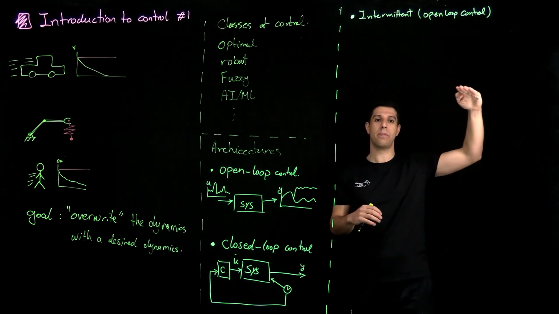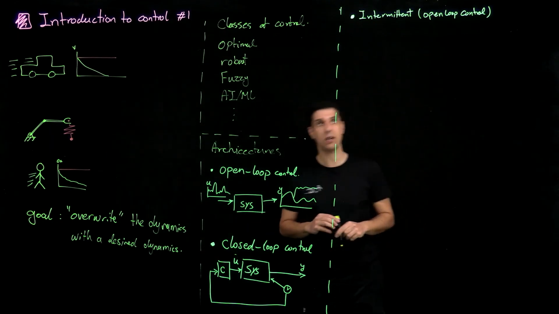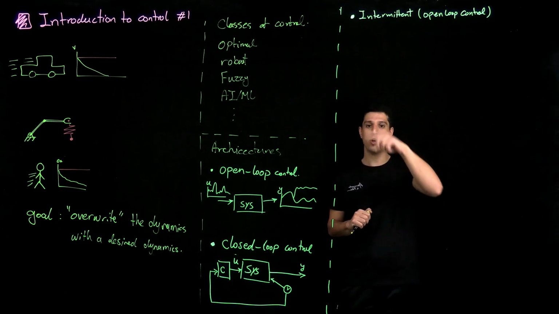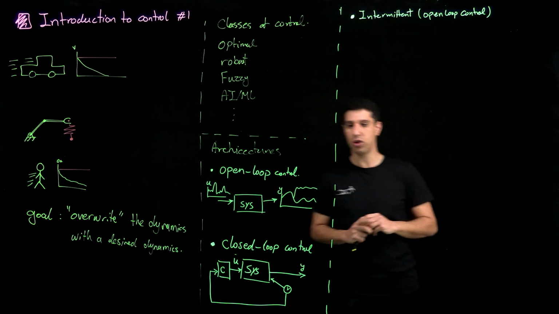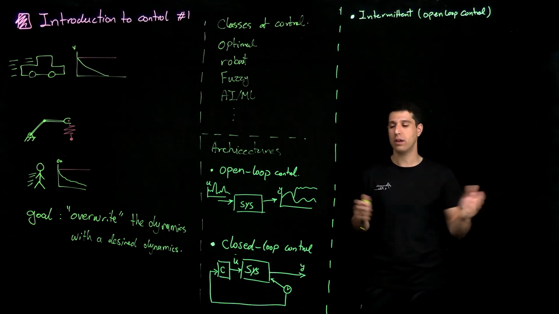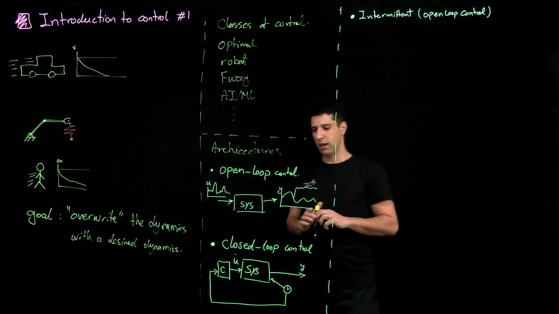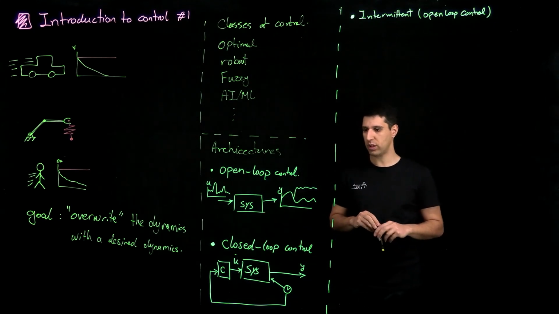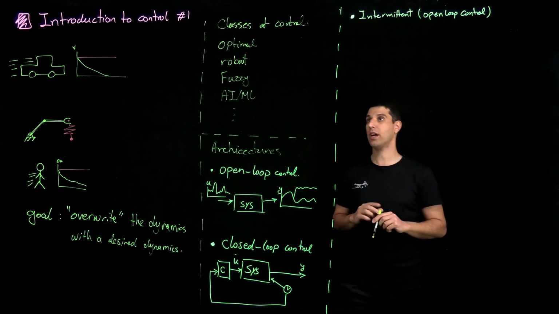So these are a couple of examples of these intermittent open loop controls, where you really are not modulating your control input, your signal U, it's an on-off situation. It doesn't really have to be an on-off. Some controllers can produce interesting patterns. In fact, one of the